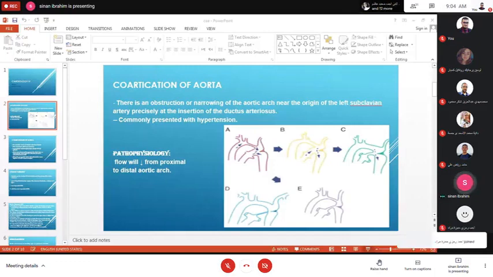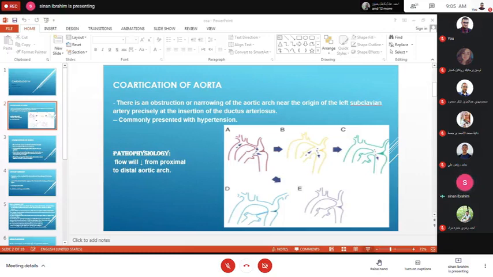This is the most common site for coarctation of the aorta, although the coarctation may occur at any site through the aortic arch and descending aorta to the bifurcation of the iliac artery or common iliac artery. But the most common site is this